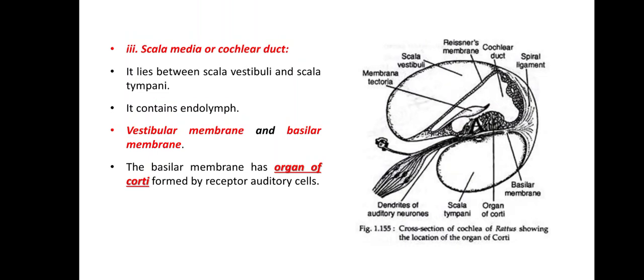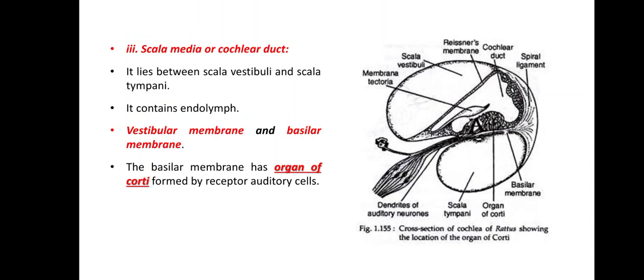Now in this figure, again it is the TS of the bony labyrinth. The whole outer structure is the bony labyrinth. When you take the transverse section of this bony labyrinth, you can find three compartments formed by two important membranes. The uppermost membrane is known as Reissner's membrane and the lowermost membrane is known as the basilar membrane. With the help of these two membranes, the whole rounded structure, the bony labyrinth, is divided into three main compartments: the scala vestibuli, the middle one the cochlear duct or scala media, and the lowermost one the scala tympani.